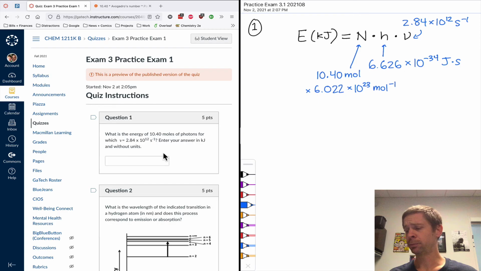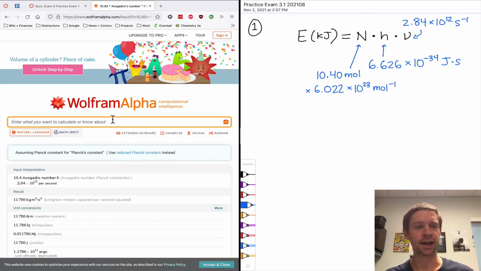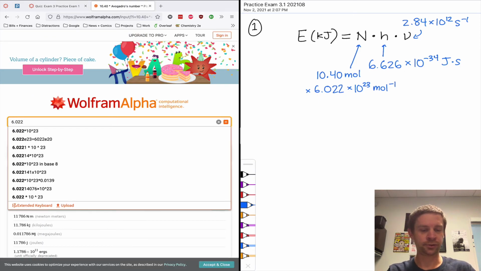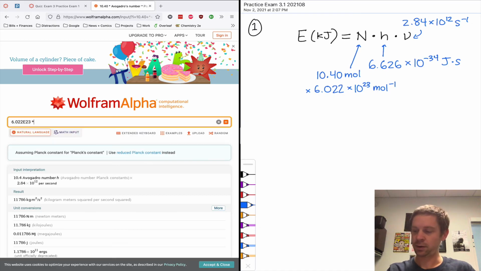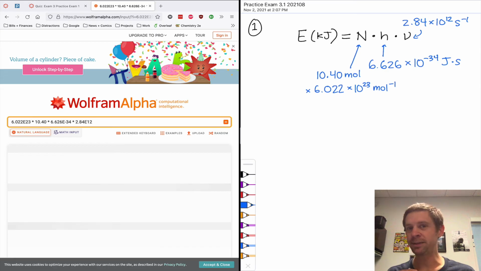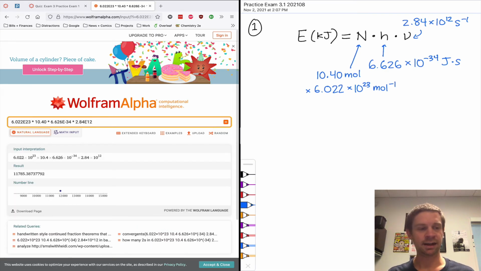So we can then plug these numbers in, and let's go ahead and do that. 6.022 times 10 to the 23rd. We've got 10.40 moles. We've got Planck's constant, 6.626 times 10 to the negative 34. And we've got the frequency, 2.84 times 10 to the 12th per second. Now the number that pops out of here is going to be a value in joules. Good. And the number of joules that pops out of here is